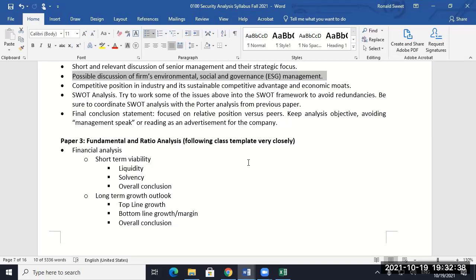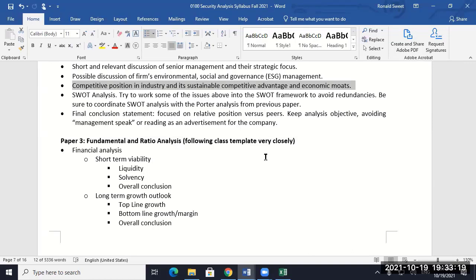And then some type of economic moat discussion. What is it about your firm that gives them a distinctive advantage? This is going to be really important when you get to paper 5, and you have to come up with growth rates for your firm. And we talked about economic moats earlier, and it's an advantage. It allows them to charge higher prices. It's sustainable. The competition can't copy it. And why can't the competition copy it? What exactly is it? Is it a brand? Is it some type of expertise? What is it? Think about that for your firm.